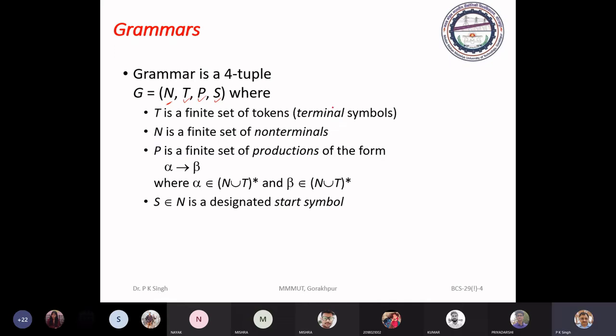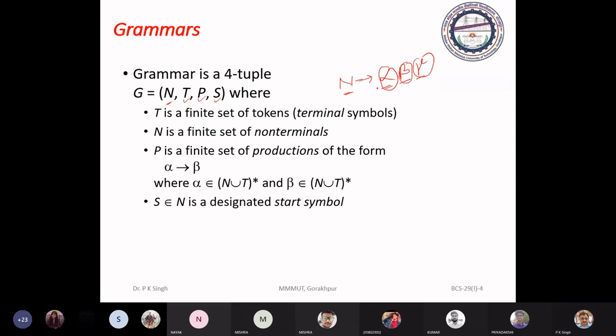Means if a non-terminal N can derive alpha, beta, gamma, then this non-terminal shows a construct that can be formed through these 3 sub-constructs, alpha, beta, gamma.